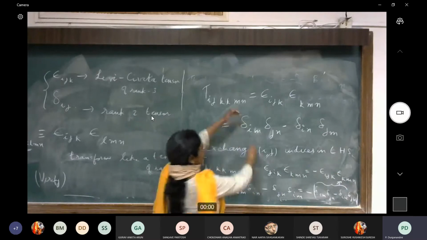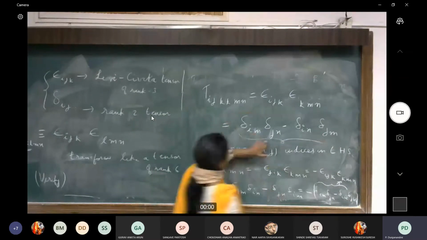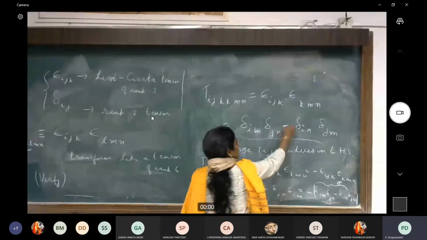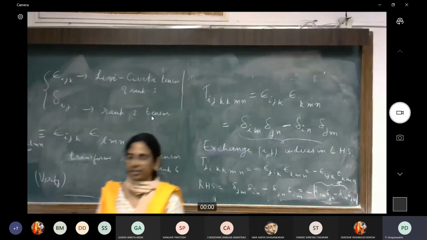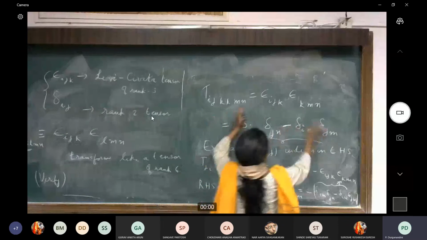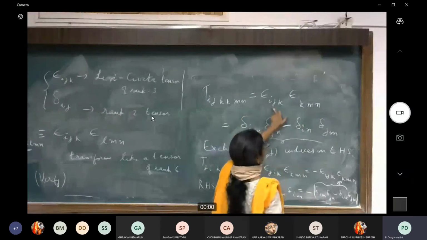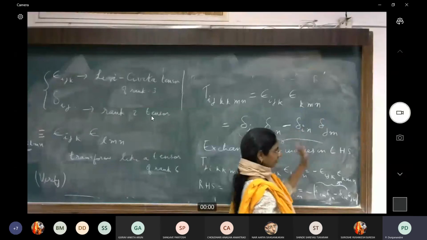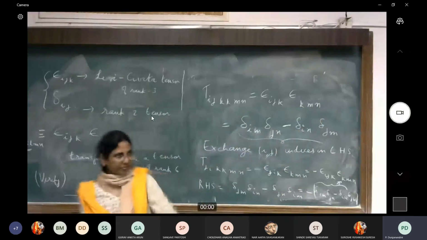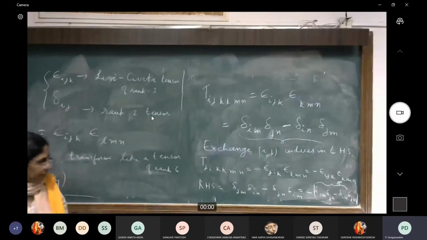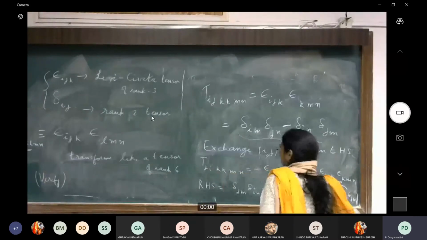Or in other words, you can see directly from here that if I exchange i and j, then this goes to this, and because of this relative minus sign, you have an antisymmetry under exchange of indices. So at least this tells me that whatever expression you have on the right-hand side has the correct antisymmetry property under exchange of i and j. And similarly, you can also see that it has the antisymmetry property under exchange of m and n. So at least that much is satisfied. If I had a relative plus sign, then I wouldn't have got that antisymmetry property.